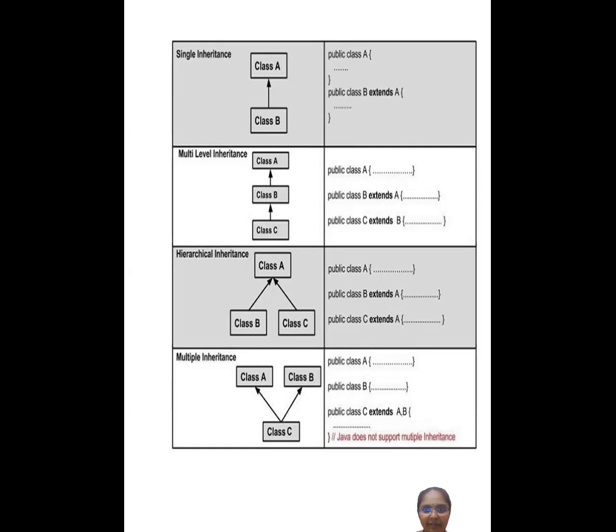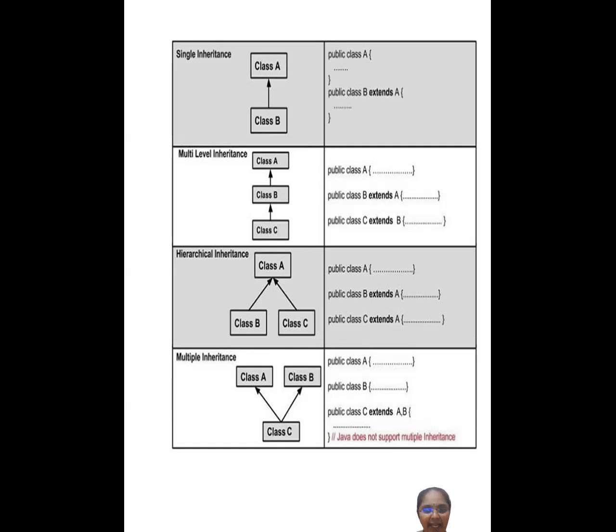So public class A will have some content. Next, class B extends A, and whatever features are available will be inherited here. Again, I have created my derived class C, which extends B. Whatever elements are present here can be accessed here. So, not in a direct way but in an indirect way, we can access class A through the object of C. If the object of child class C is created, I can access B as well as A.